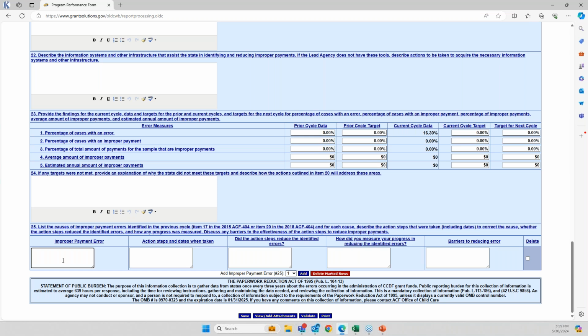If not, you can let us know, and we will either fix whatever's causing it not to show up, or you can manually put them in based on what your errors were last cycle. And then similarly to the other items with tables, there's going to be a drop down here where you can add additional rows, and you can also delete rows if needed.